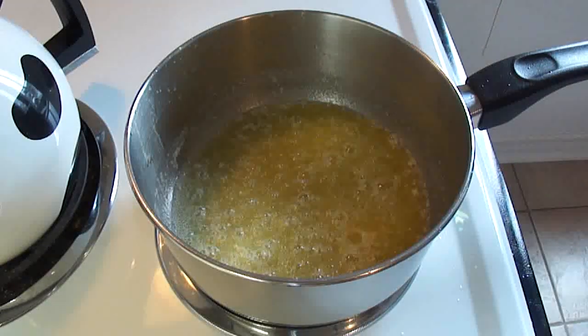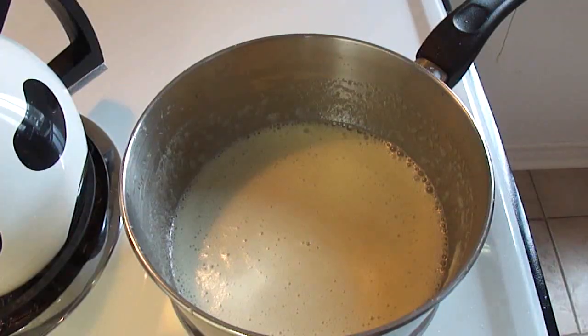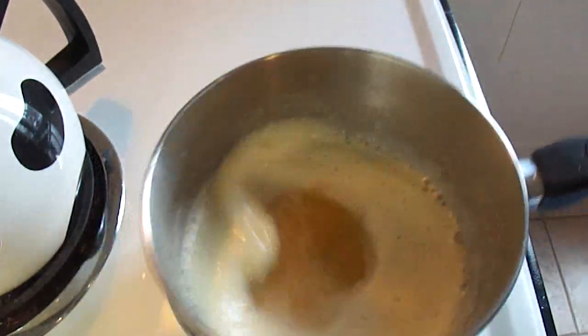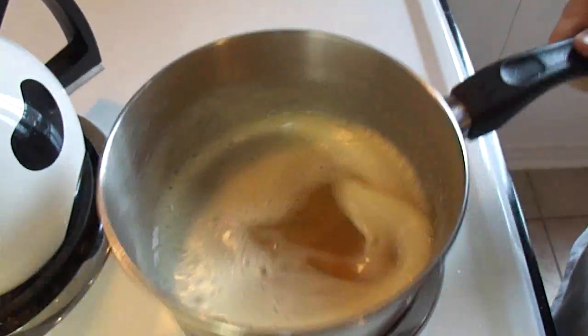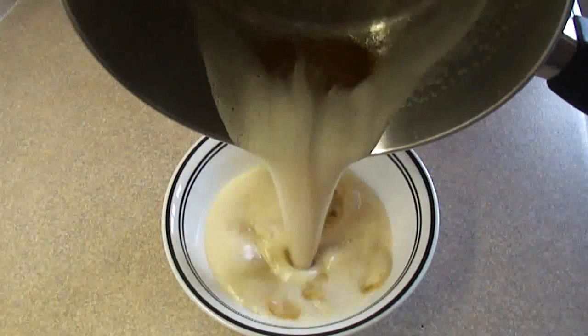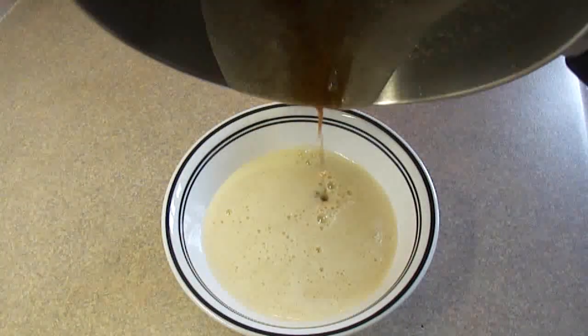What you're looking for is a golden brown, and a nutty aroma to the butter. It'll foam up a little bit. When it does that, keep an eye on it because the butter will start to brown very quickly. Once it's browned, remove it from the heat, pour it into a separate bowl and put that aside